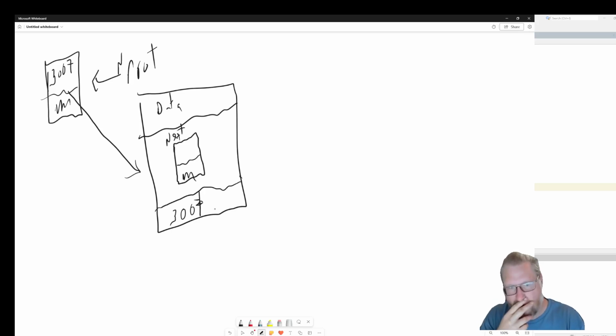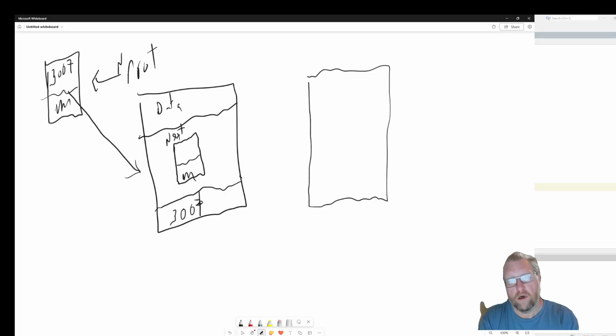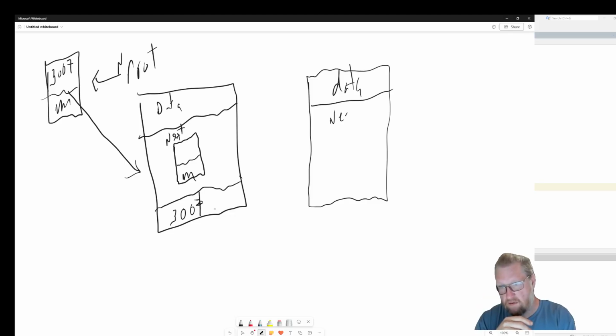The one we do care about is the address that next is storing, which is going to be eventually another node that's going to have its own data, have its own next value,